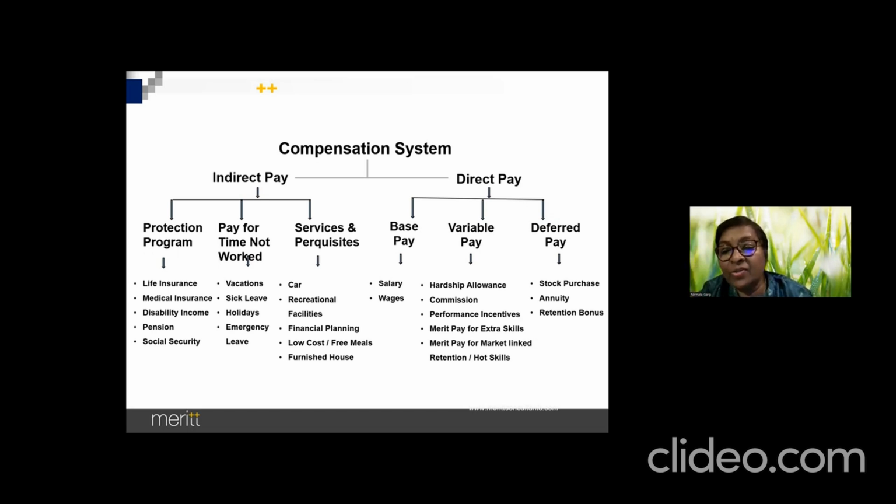But to give you a little sense of it, it is not offered as an individual. The finance department, along with HR, will say, hey, we are offering an annuity plan, and it is offered to the middle or top level people, and they ask, do you want to take advantage of it? So it will be offered to 50 people, and whoever wants to opt for it can. So it is an organization's initiative. It is not an individual's initiative like a Mahendra Kumar or an Avinash. It is an organization's initiative.